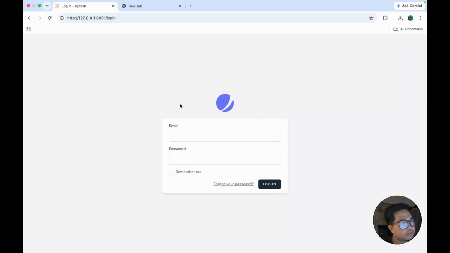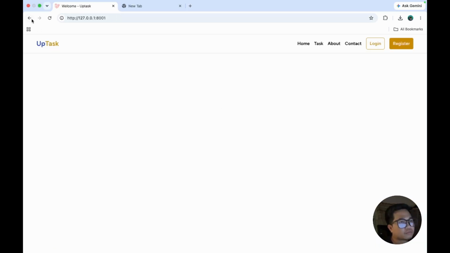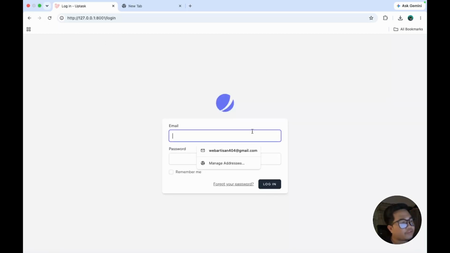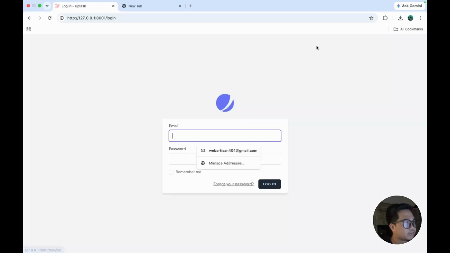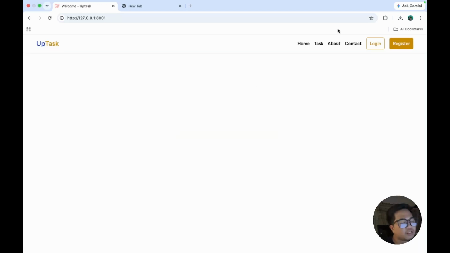So first, we will go to our resources. For example, I will close this. So all of your views, your HTML file is located in resources, JS, pages, and then the file. So for this case, we have the task. So in this case, we have the script and template.